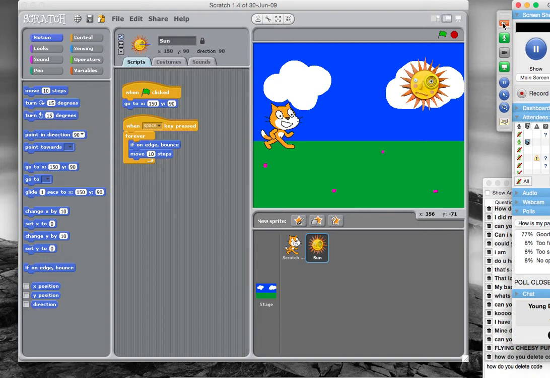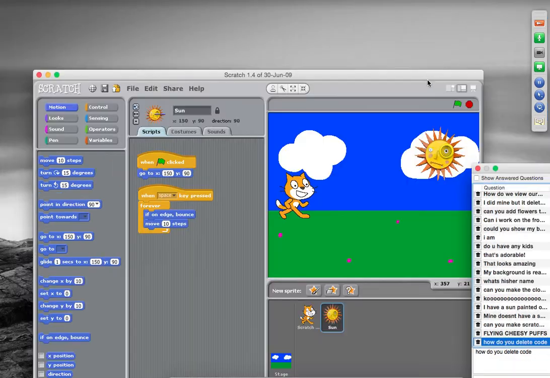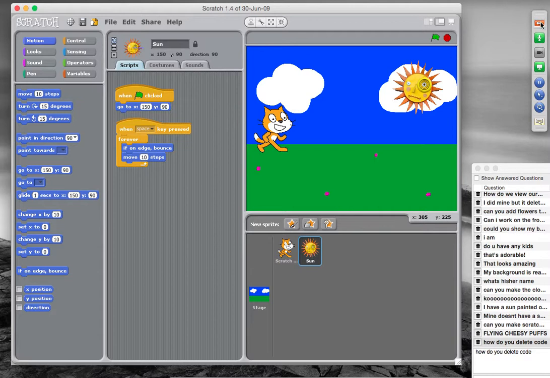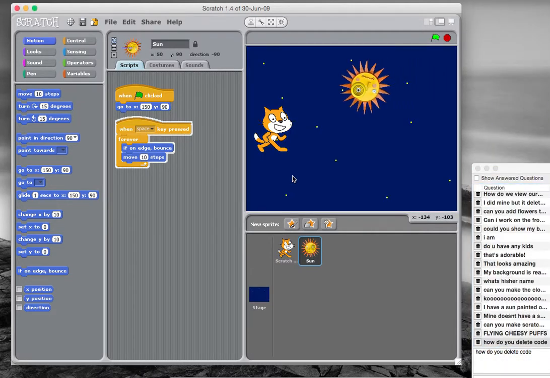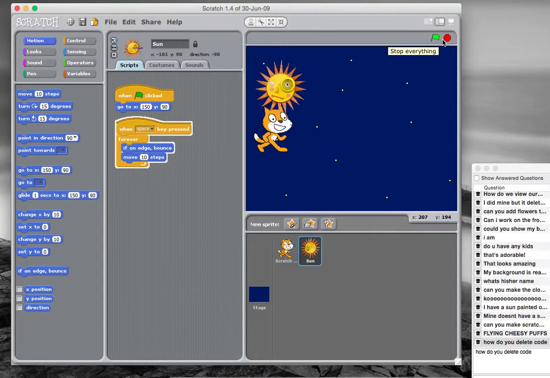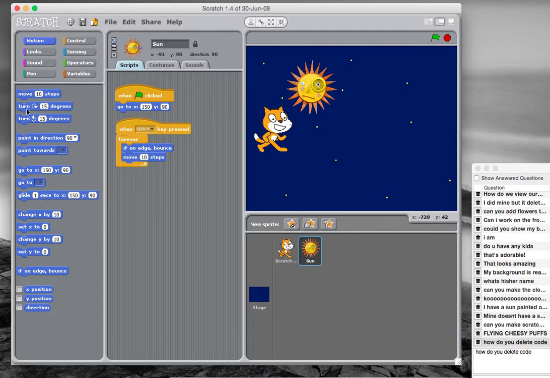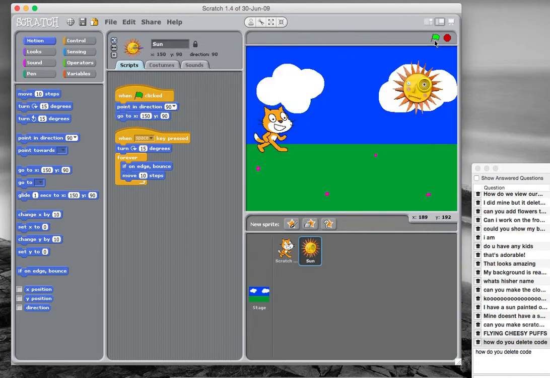Great. Okay. So right now, once you hit the space bar, all the sun does is move back and forth, and you can't move, and it's pretty boring. So the first thing that we're going to do is add a turn 15 degrees block before that forever loop starts, and a point in direction 90 block with the green flag,